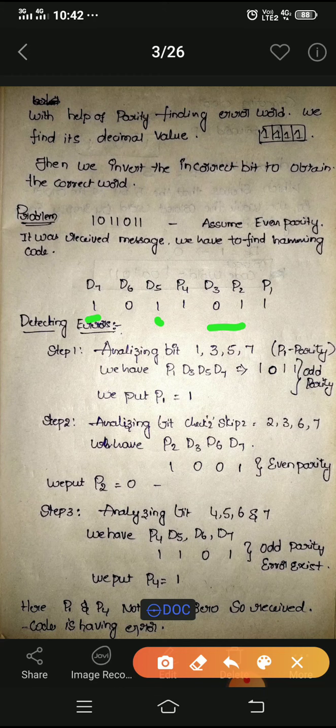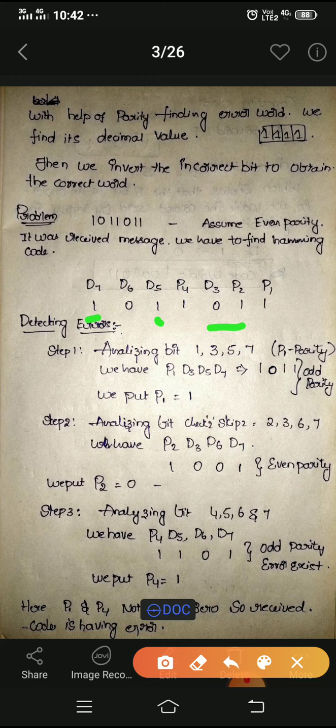Here an error will be there because we have received an odd parity. Before transmission we transmit only even parities, but here we have received an odd parity for P1. So for that we put P1 equal to 1.